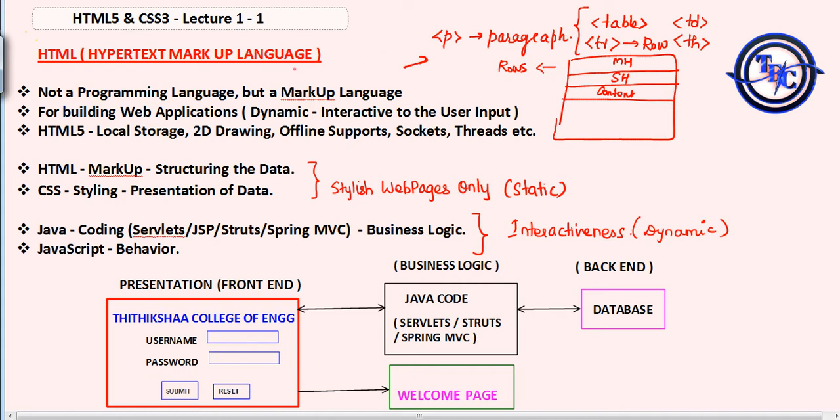That is, the content is structured with the help of HTML. HTML stands for hypertext markup language, and CSS stands for cascading style sheet.